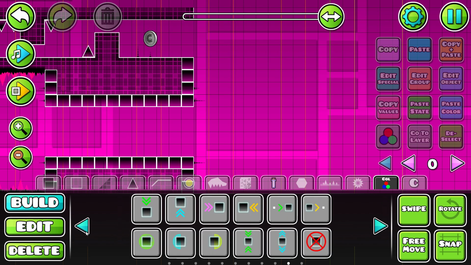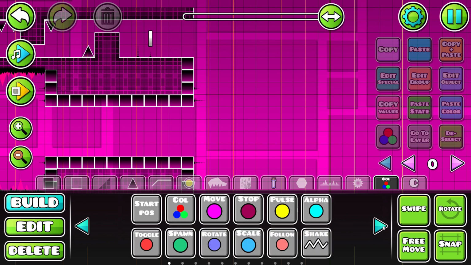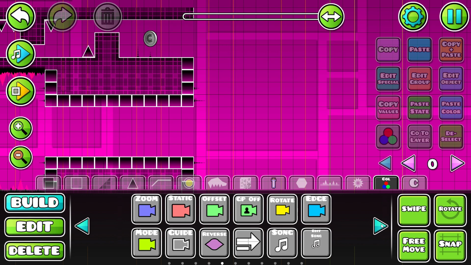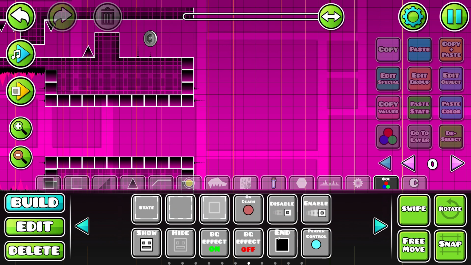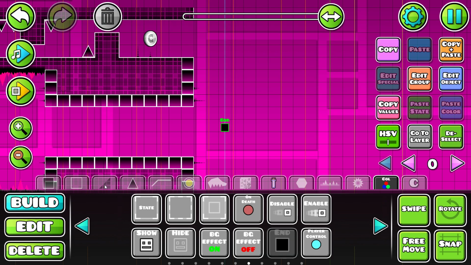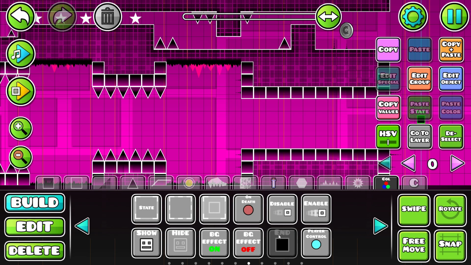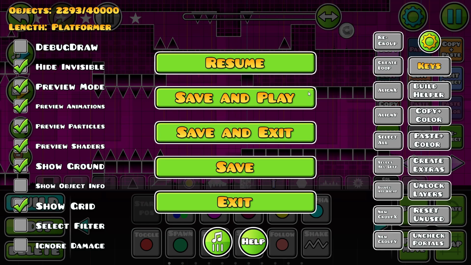and the best way that you can do that is by finding the end trigger. So you're just gonna go into this, I believe it is, this color tab, and you're gonna scroll right here until you find this block that says end with the black block, and you're just gonna place it right there at the end of the level. That way, if we just go ahead and place a start position, and we're gonna press play,